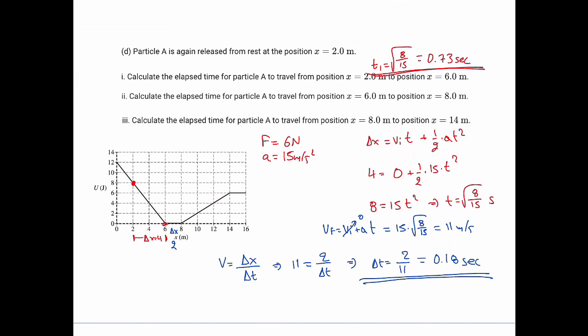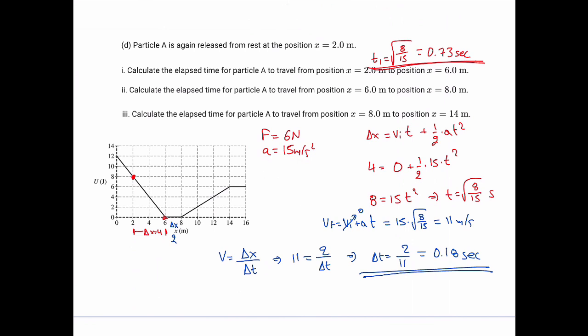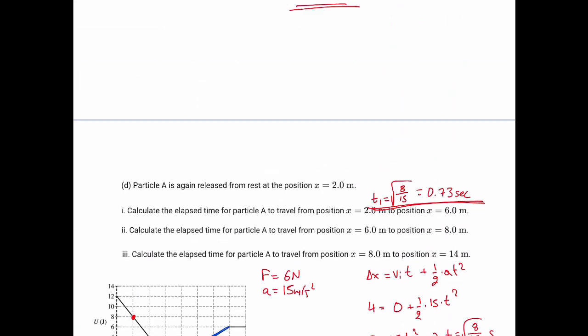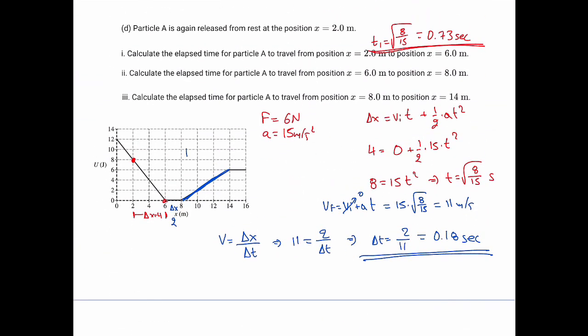And for the last part of the motion between 8 and 14 meters, first we need to find the acceleration. I don't think we have found the acceleration in that part. We can say that the force is equal to the opposite of the slope, so the force is minus. The slope is rise over run. The rise is from 0 to 6 and the run is from 8 to 14, so the force is negative 1 Newton. And from this we can find the acceleration as force divided by mass. The force is negative 1 Newton and the mass was 0.4, so the acceleration is negative 2.5 meters per second